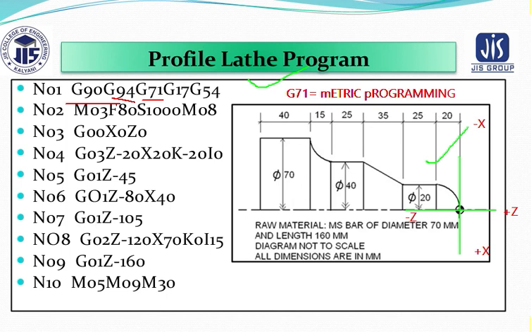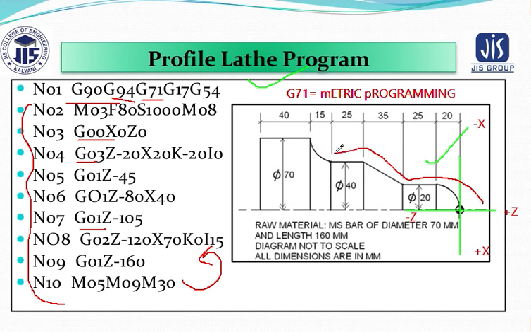Clear? And you know the basic structure of writing a program. This N is your line number, and you know what G01, G00, Z00 are: G00 is the point-to-point rapid traverse, G01 is the linear feed traverse, and G03 is the anti-clockwise circular movement. Because the tool is moving in this direction, just see, a circular path is occurring in the anti-clockwise direction, then straight, taper, again straight, then circular in a clockwise direction, then again a straight profile. So this is the thing that is occurring. You can take it, no problem, in this manner. Okay.